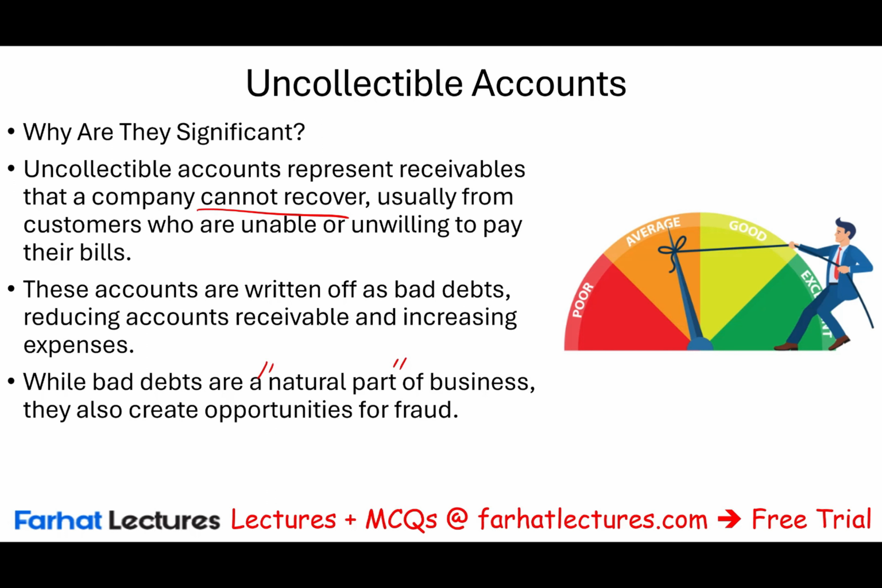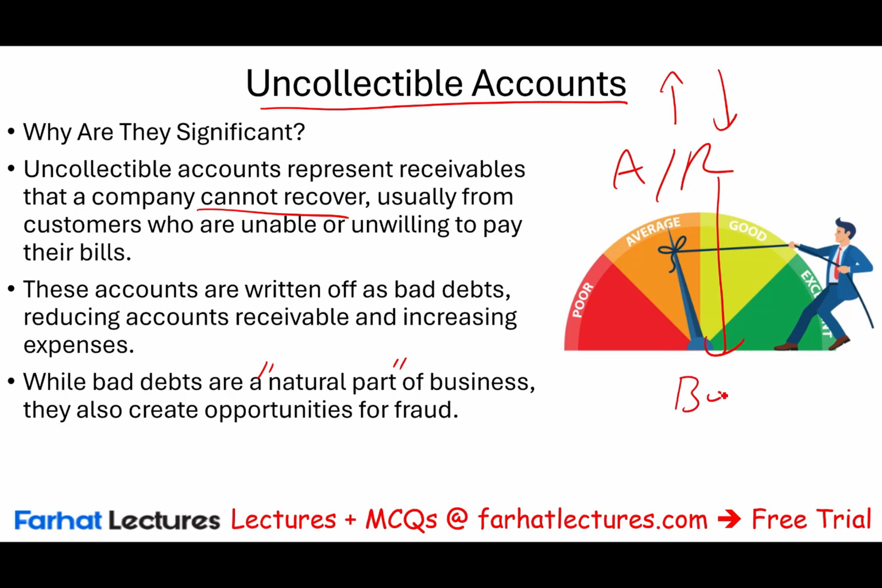Now, make sure you pay your bills on a personal level. But the point is, it happens. But they could also create an opportunity for fraud, because with uncollectibles you can overestimate them or underestimate them. As a result, this affects AR, and it also affects the bottom line through bad debt expense. So although you might think it's a small amount, but small amount